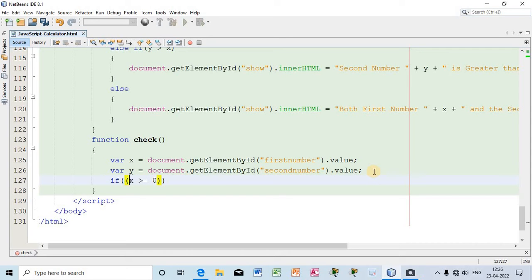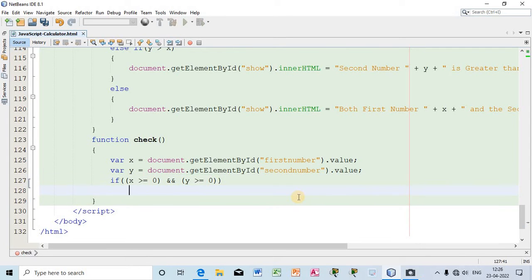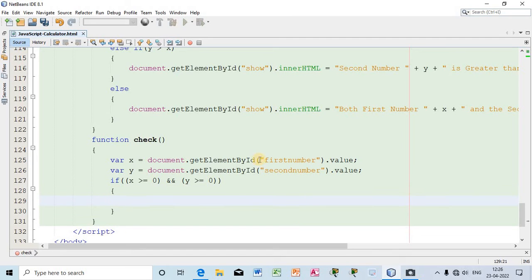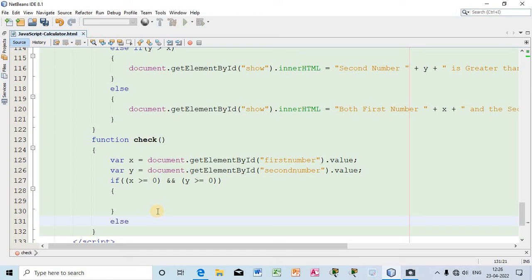So it is very simple to check. We are going to check if both x and y, which are going to be provided by the user, are more than 0 or not. If more than 0, that means it is a positive number. If the number is not more than 0, else